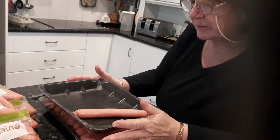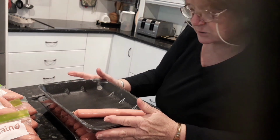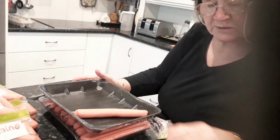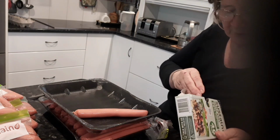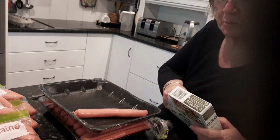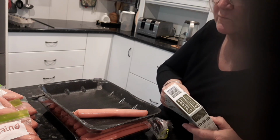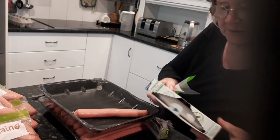This will keep me going for a fair while. Otherwise, it would have cost me in time and fuel and everything else to go up to the supermarket, and I won't be going up there for quite some time. Now, instead of putting them in the vacuum sealed bags, because I'm all out of the very small vacuum seal bags, what I'm using is the